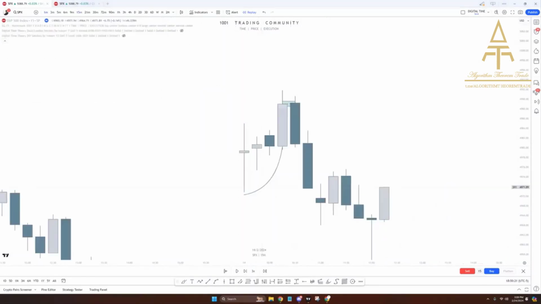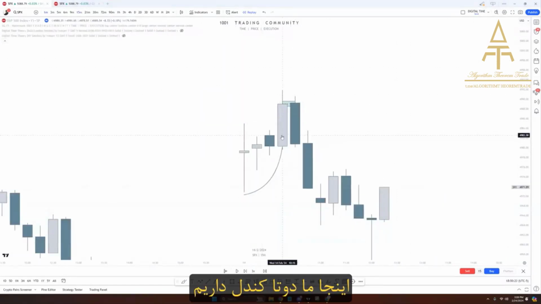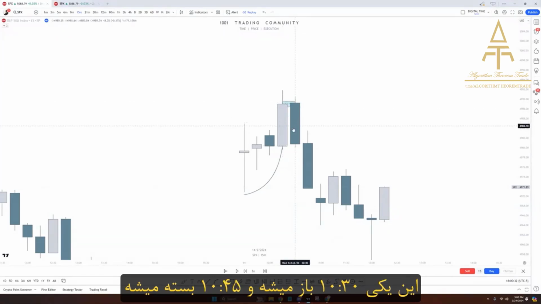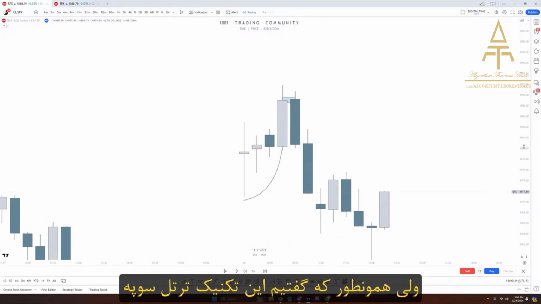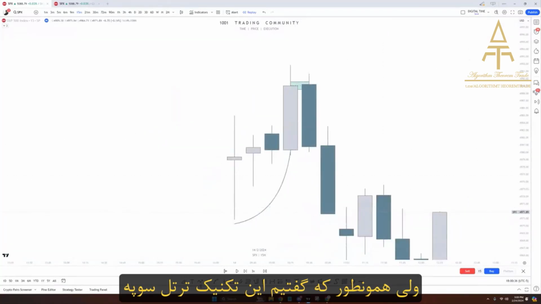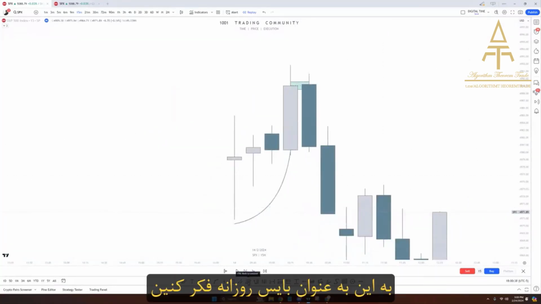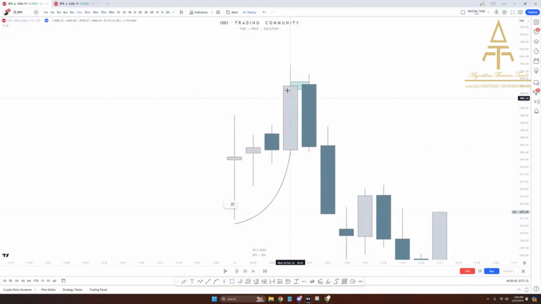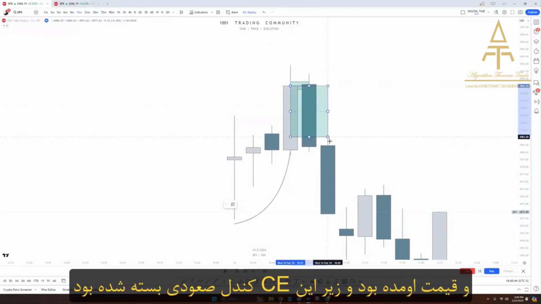Let's take a look. Here we have two candles. This one opens at 10:15 and closes at 10:30. This one opens at 10:30 and closes at 10:45. But as we mentioned, this is a turtle soup technique. Think of it like daily buys. If this was a daily chart and price closed below the CE